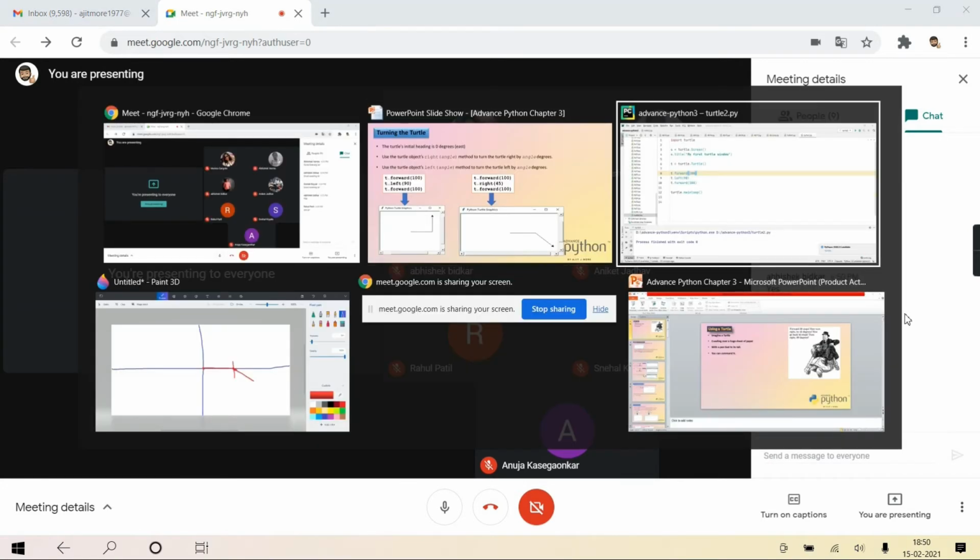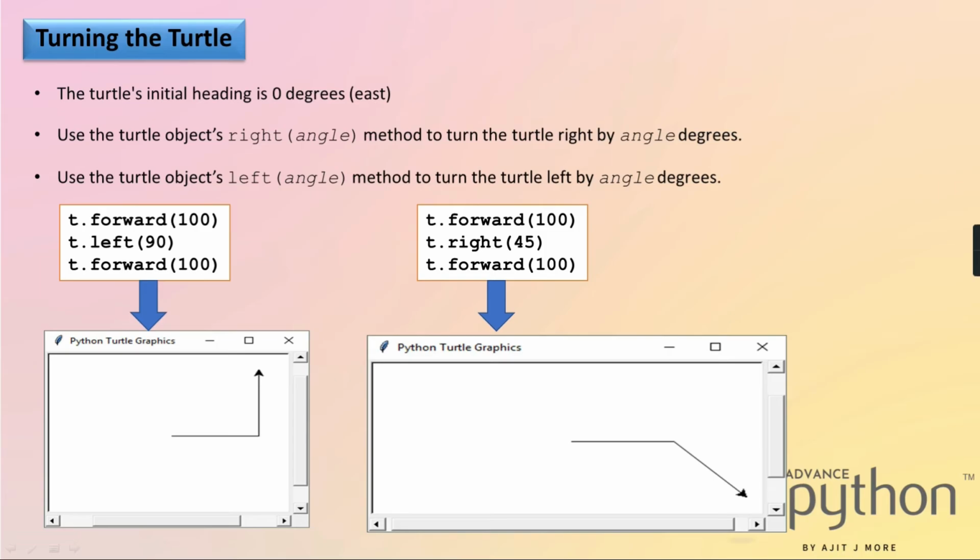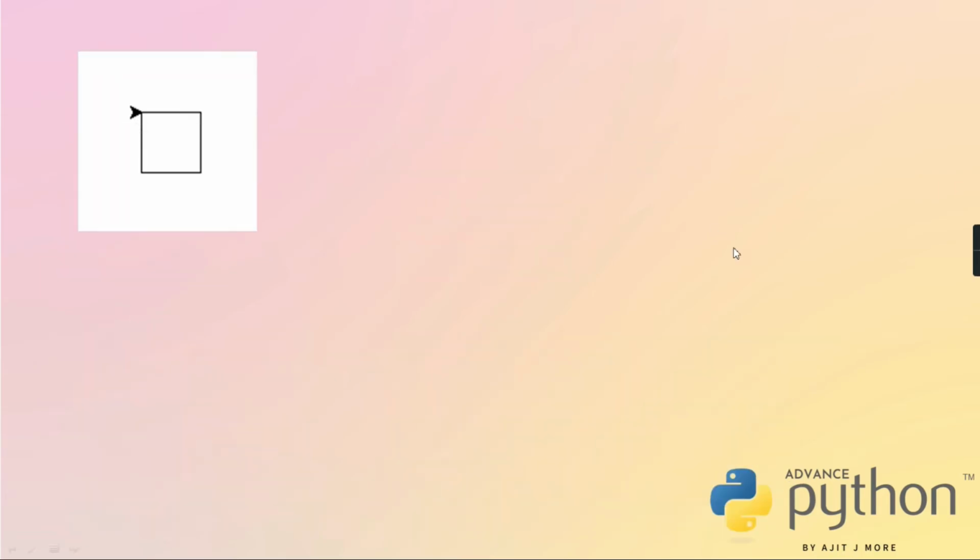Now just an example I'm showing here. Suppose I want to draw this square. You can start with this and come back here, or this way and come back here. So I want to produce this exact square.